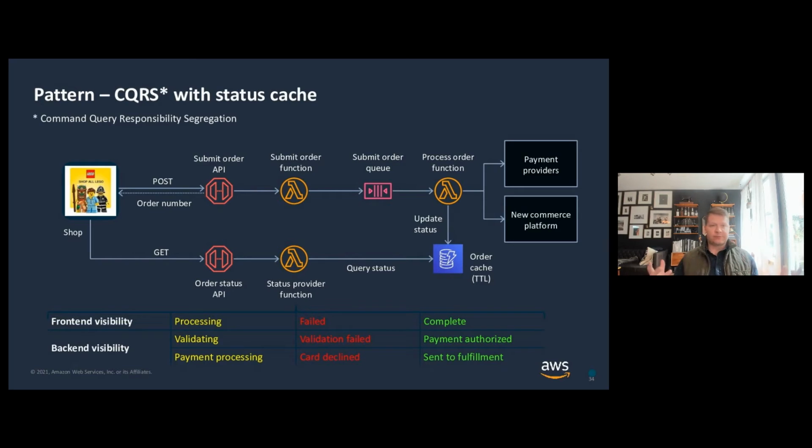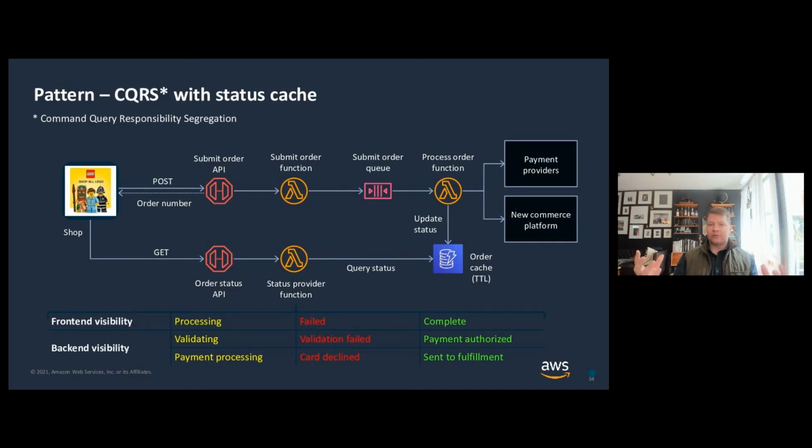A customer says, hey, I want to process my order. That goes into the submit order function, and then that submits that to a submit order queue. From there is a process order function that pulls items off of that queue and then goes through a process of pushing to the payment provider. And then what else is marked here is actually migrating that user to a new commerce platform. We're not going to get into that right now, but I wanted to focus on that submit order queue, process order function, payment provider portion of this architecture.